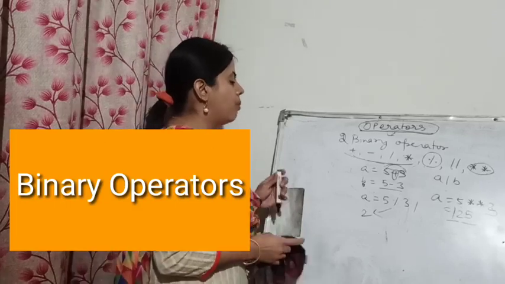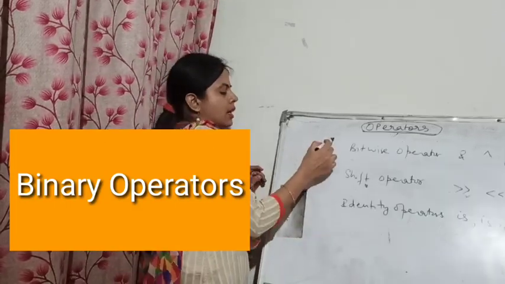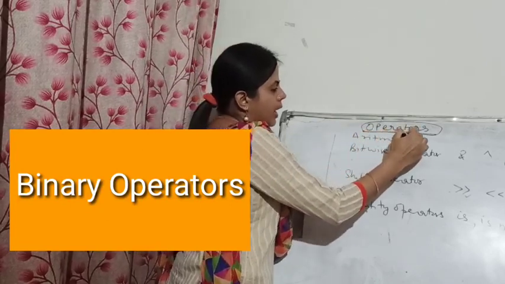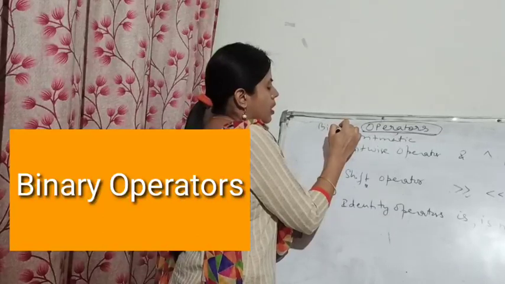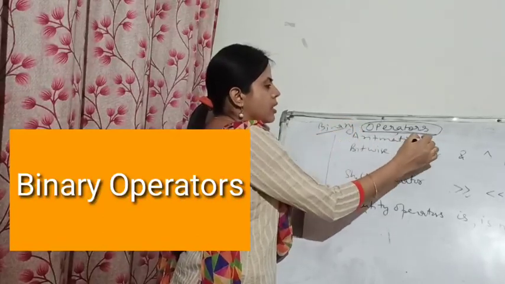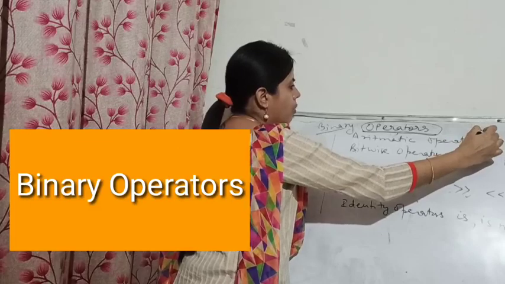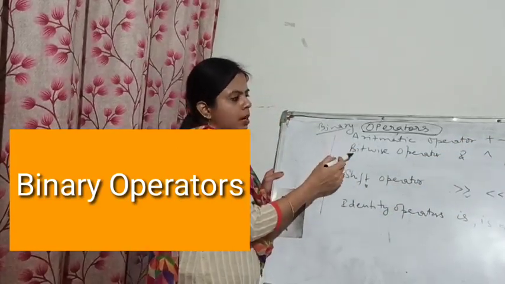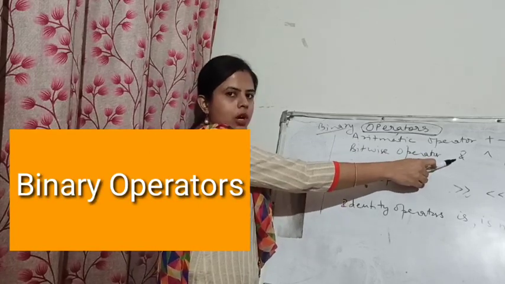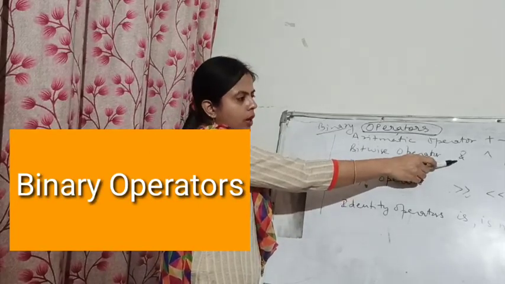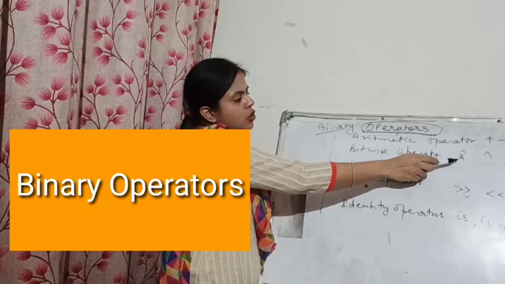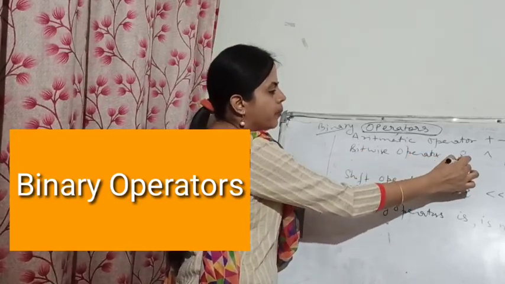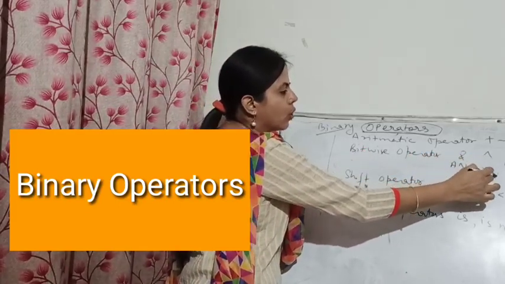After this, there are many other operators. Let us see that. So students, these are the other type of binary operators. The earlier we have seen was arithmetic operator, which is categorized under the binary operator only. Unary operator we have learned. Under the binary there is arithmetic operator, which we have studied now: plus, minus, divide, multiply. So these are the arithmetic operators. These are bitwise operators. This is called the ampersand sign, which you find on the keyboard, and this operator is called bitwise AND. This is called bitwise XOR, exclusive OR.